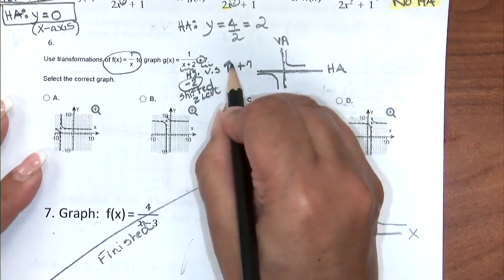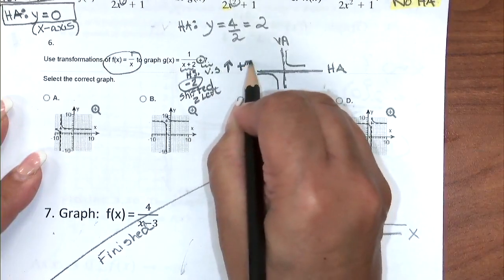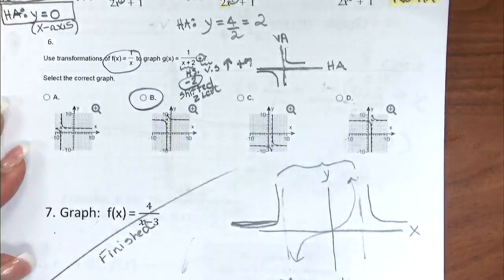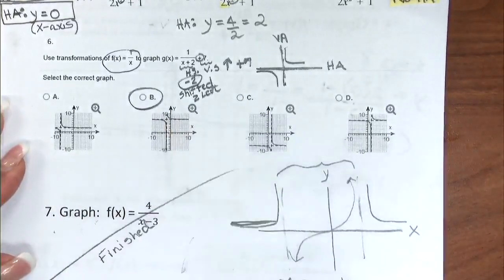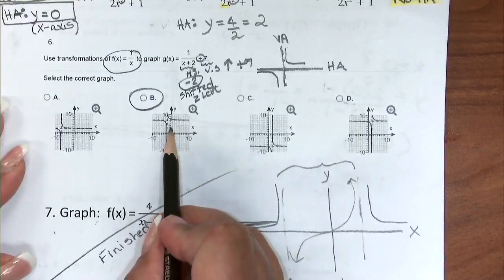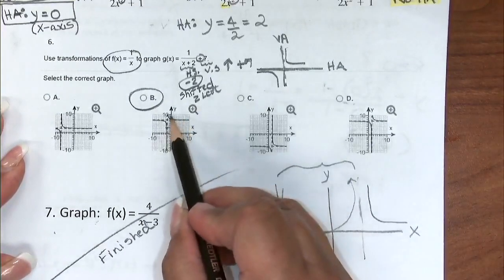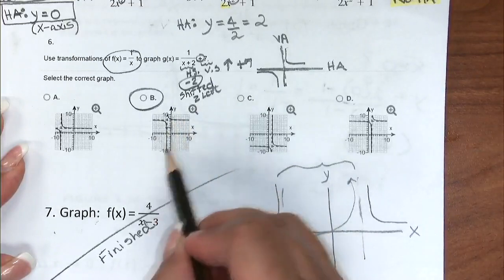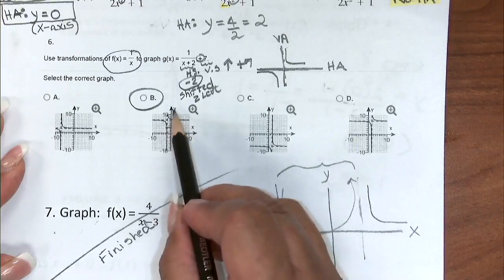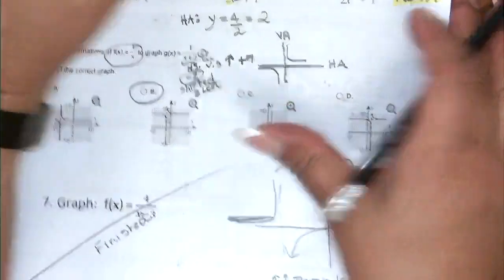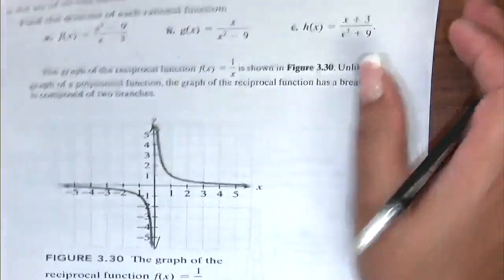I said this both ways also. I said it went up. It's the same thing as having a vertical shift of positive 7. Okay, so this one has to be the answer right there. It's 7 units higher than it usually is, and it's 2 units to the left of where it usually is. Because usually these things are down here. This would be below, and they would be on either side of the y-axis. All right, so 8 I had already done. That's it for that section. Let's go to